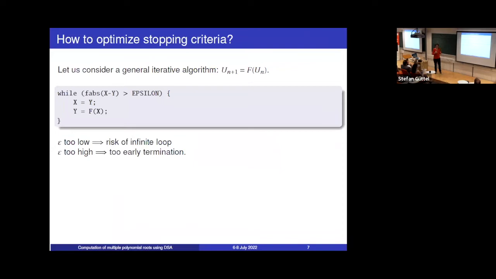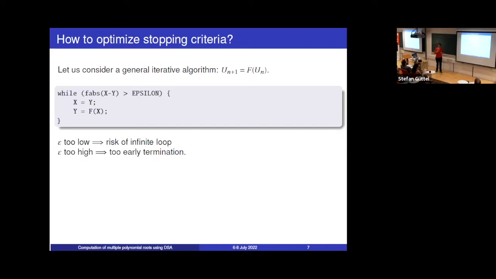And okay, there's a problem in numerical codes which are based on iterative methods. It's a problem of finding the right epsilon. So as you know, these codes usually rely on an epsilon parameter in the stopping criterion, and it may be difficult to find the right epsilon. If epsilon is too low, there's a risk of infinite loop. And if epsilon is too high, you may finish too early and not fully take benefit of the computing precision,